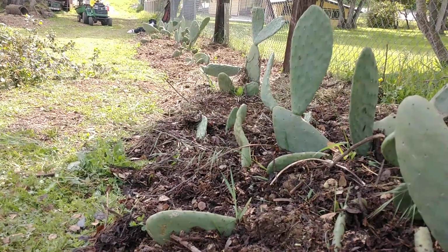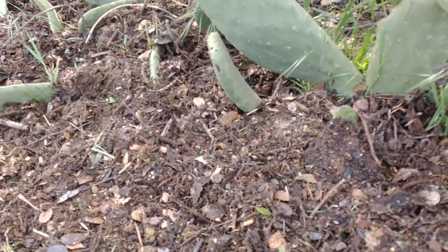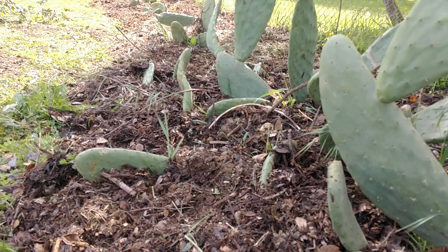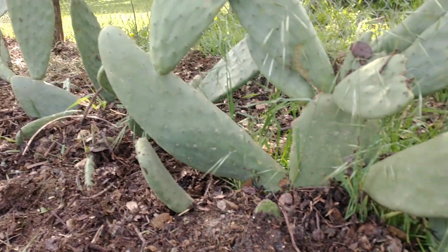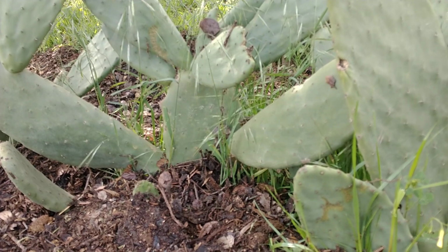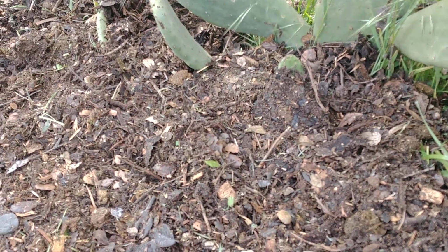compost is going to keep water retention in the soil around these cacti, and it's going to create a very suitable soil type with lots of nutrients, lots of nitrogen. Not that it necessarily needs lots of nitrogen, but it's going to fertilize the soil and then trap moisture in, because it acts like a sponge. So when it's really, really dry and hot out,